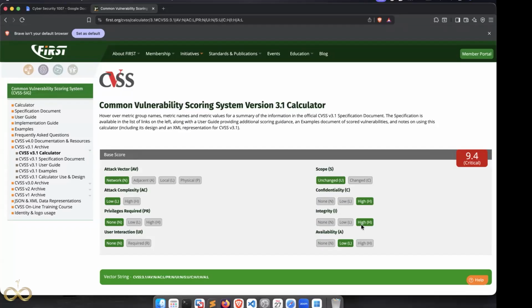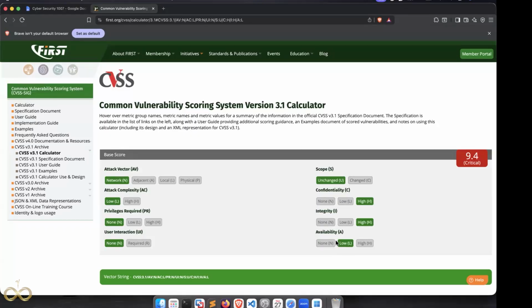Correct, and we were able to update that person's details. We can change his name. We can change his phone number as well, or his email address can also be changed. So there we see that's the reason we are putting integrity as high, because we got the right to update that.